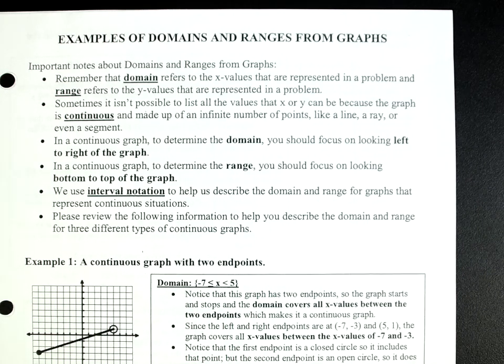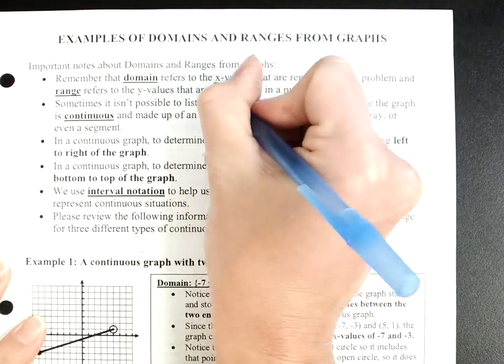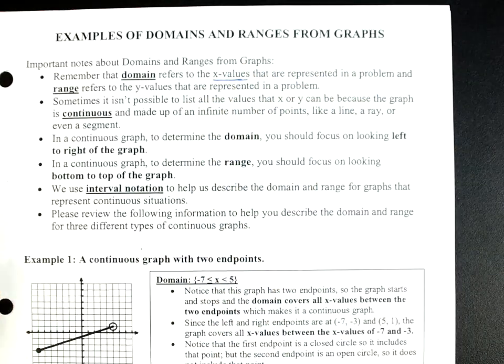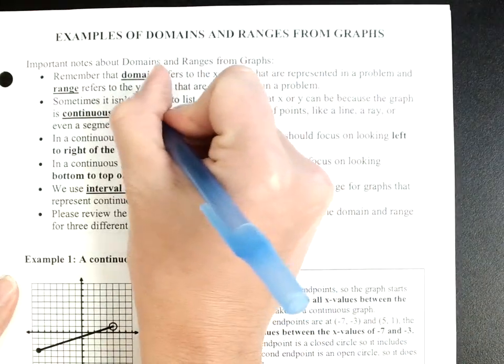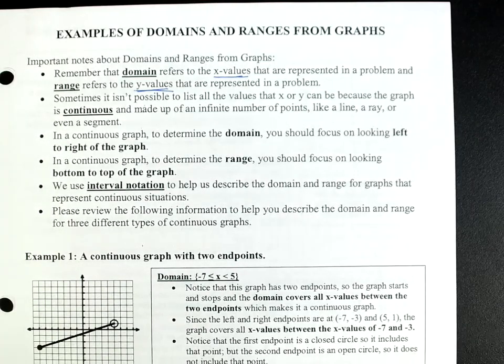All right, so today we're looking at domain and range. You've probably done some of this before. Just remember that your domain is talking about your x values. Range, we're talking about the y values. We're talking about everything that is represented within the problem, either from the graph or the equation or the table. However your data is represented, what are the x values that are possible and what are the y values that